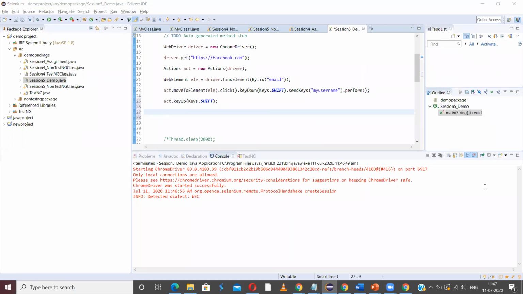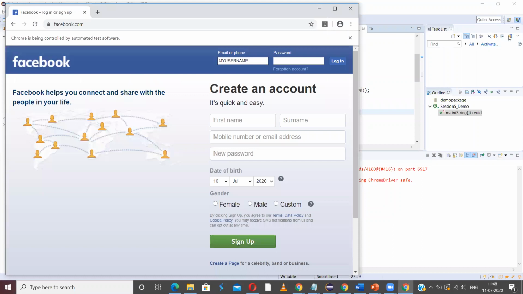Now see, suppose I want to copy this one. I don't copy now, but for the demonstration of double click, let us assume that we want to copy this one. So how will we do it in order to copy? Either we will drag and highlight, or we will double click on it, right? If we double click, the entire text which we entered will be highlighted, okay. So let us do the same. Let us double click using the method which is available in the Actions class, and highlight this one, okay.